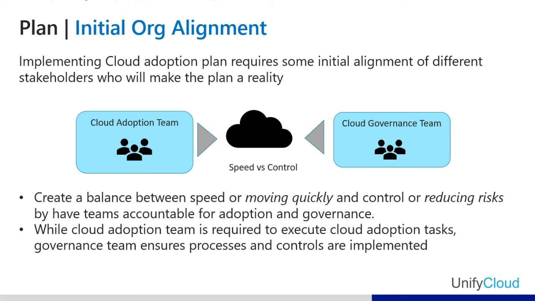We definitely recommend that during cloud adoption, at a minimum, you have people accountable for both cloud adoption and cloud governance. This might be a team of people sharing responsibility for each other's capabilities. It might also be individual people who are both accountable for the outcome and responsible for the work. So it can cut into many scenarios based on which company you are working with, and it is fairly intuitive